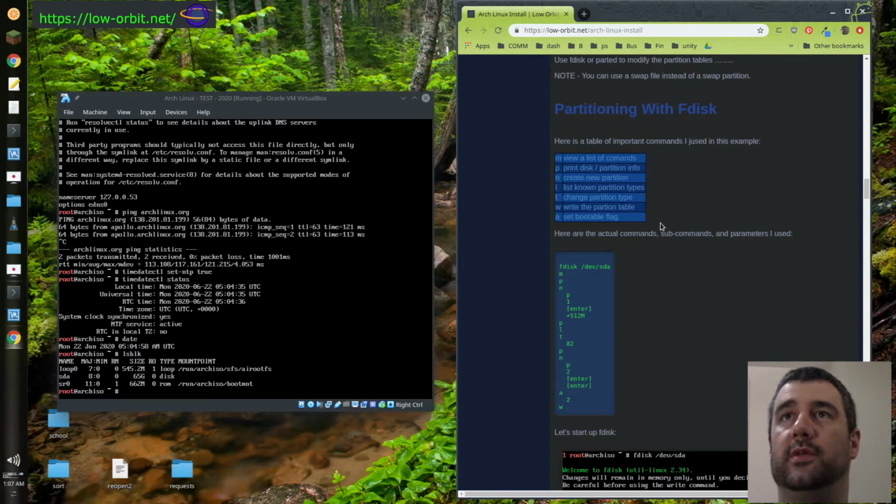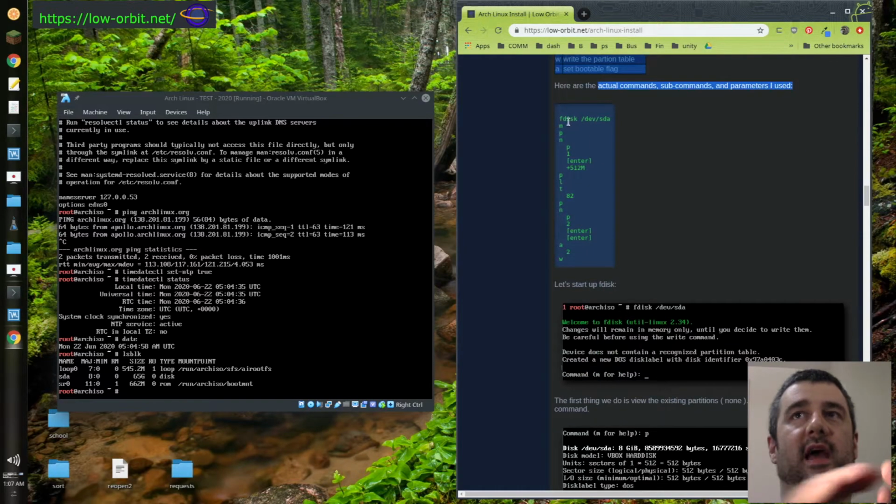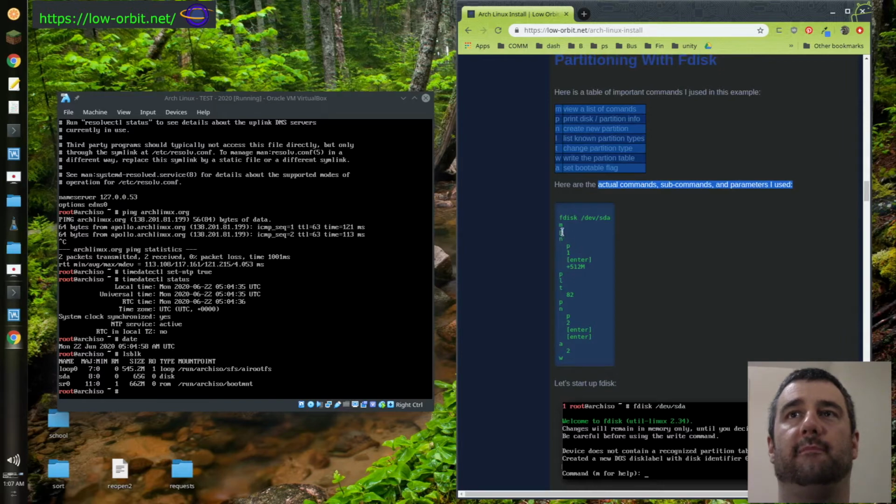So here we go. The actual commands, subcommands, and parameters that I used the last time I did this. I said fdisk /dev/sda, m. So I listed out the commands. I did p to print the info. I created a new partition. Hit p for primary partition, 1 for the first one, I believe, and hit enter, then +512M for the size, and then p, and then l to list the known partition types, and then a t to set the type to 82, and then a p,